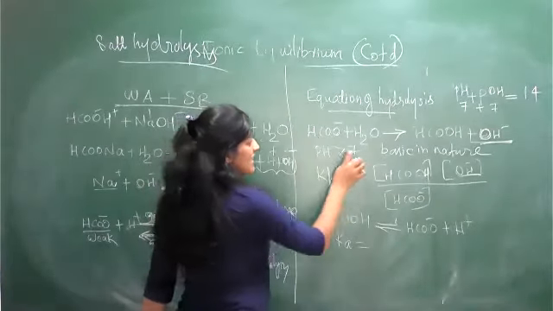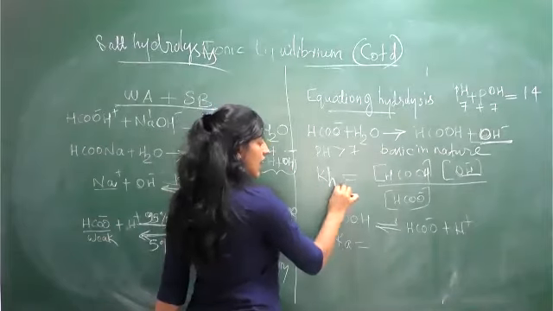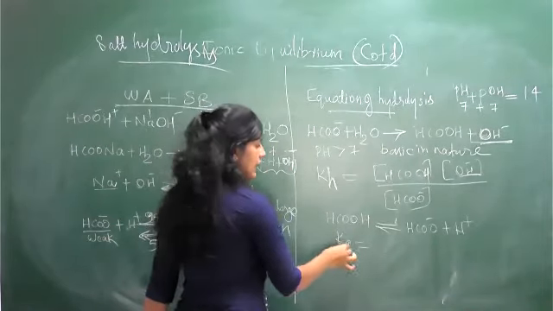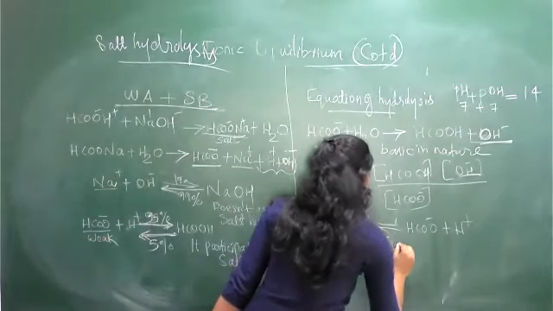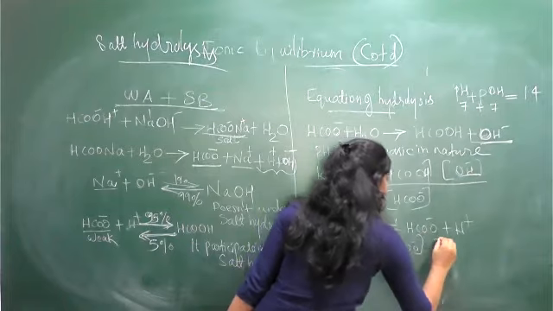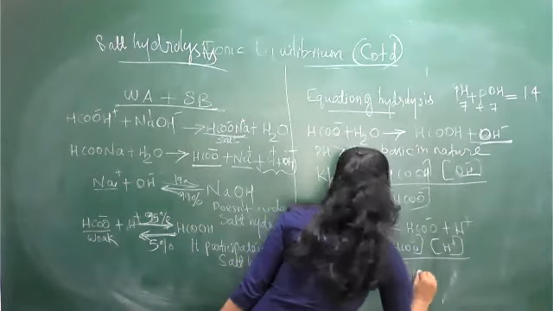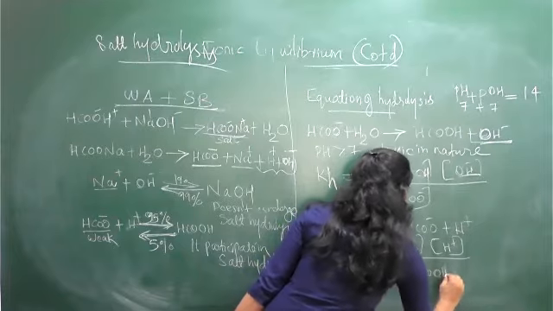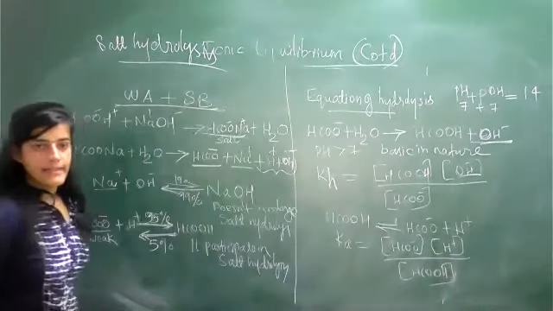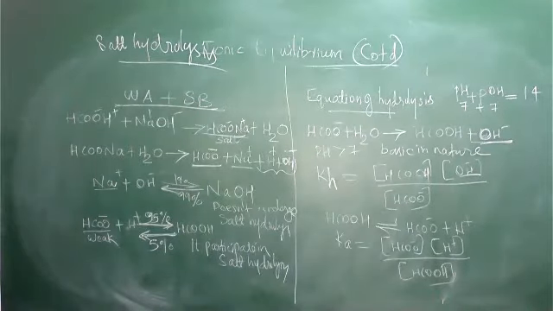After this, these are the basic forms of KH, the hydrolysis form. Here KH, tell me: concentration of HCOOH times concentration of OH minus, divided by concentration of HCOO minus. And Ka is concentration of HCOO minus times concentration of H plus, all divided by concentration of HCOOH. This is Ka. Here it is lengthy actually.